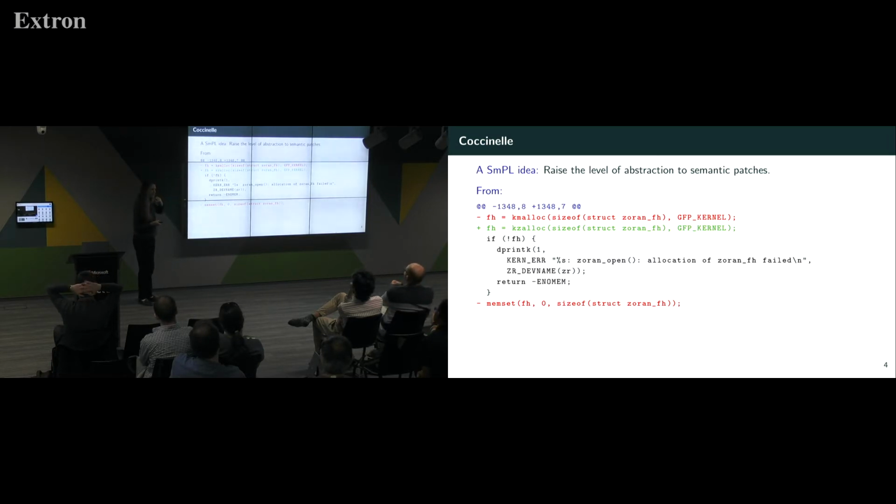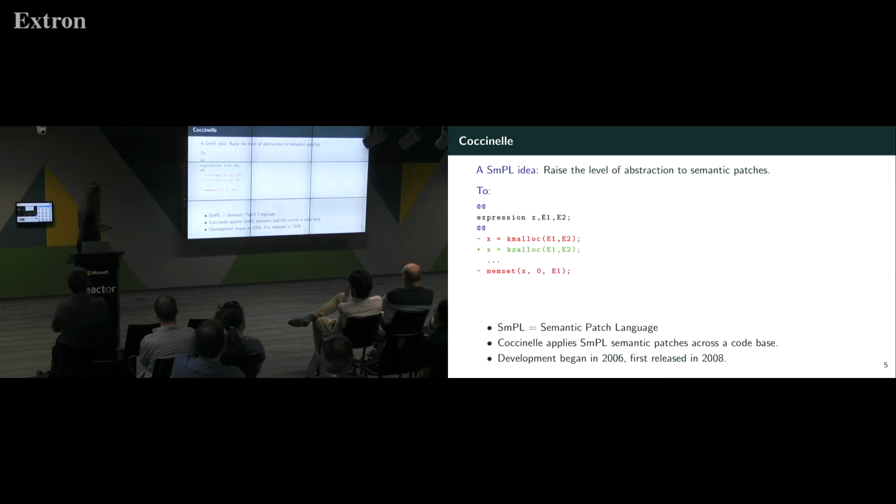So we might be interested in changing many M's to Z's across the code base. But they're not necessarily going to have exactly this code nearby. And they're certainly not necessarily going to be in lines 1,348 and so on. So we want to take this thing, its advantages, and make it just a little bit more abstract, so that we can have something that's much more reusable. So this is our solution.